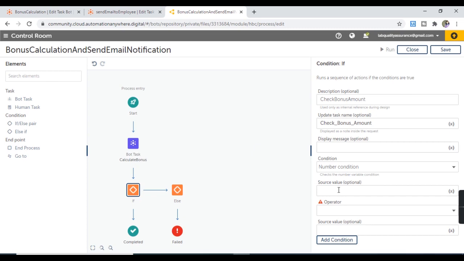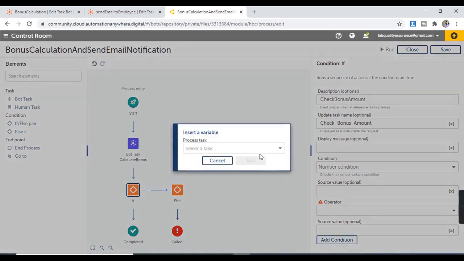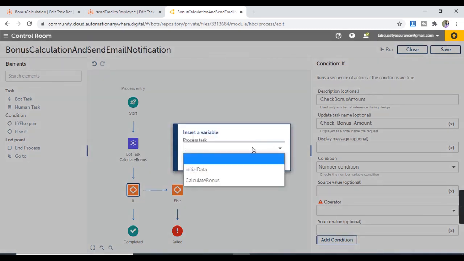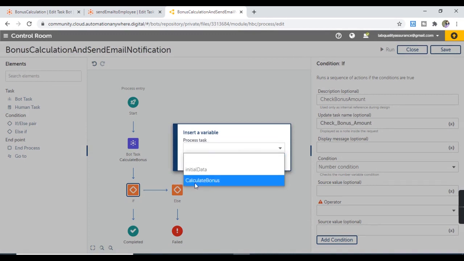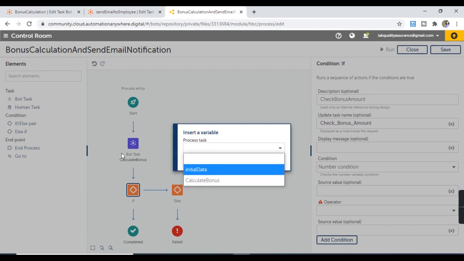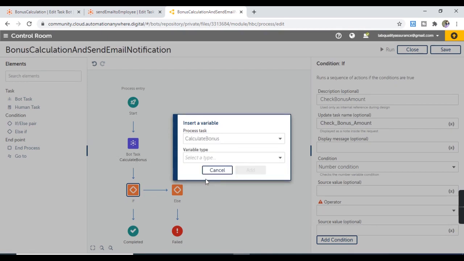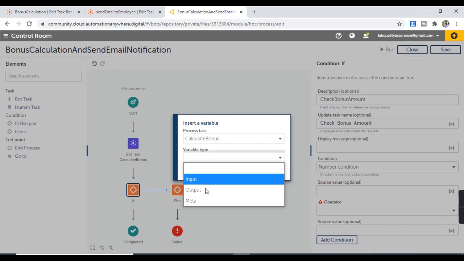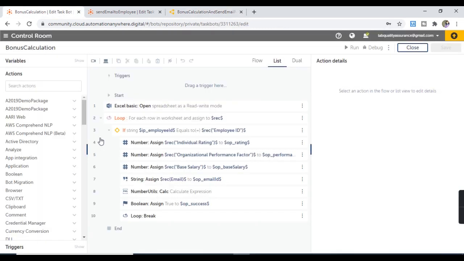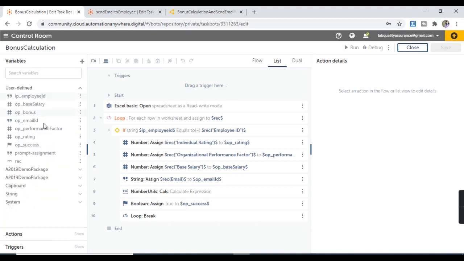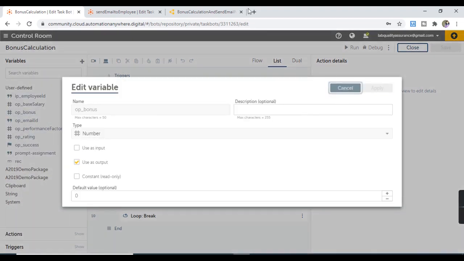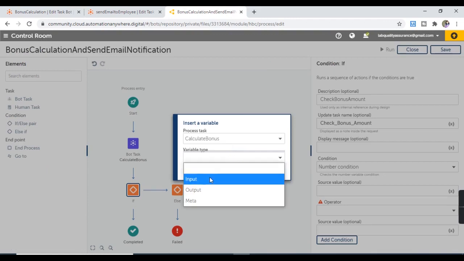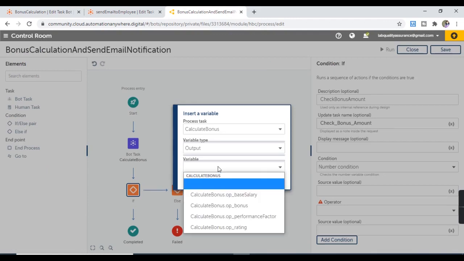Now the value of bonus will come as an output value of this calculate bonus task. So to get that value, we'll hit F2, and from here we'll select a process. Here you see the process task. In the process task drop down, we have this calculate bonus which we created here. Let's select this one and we'll select the variable type. Since this bonus is an output variable here, I'm going to take the variable type as output